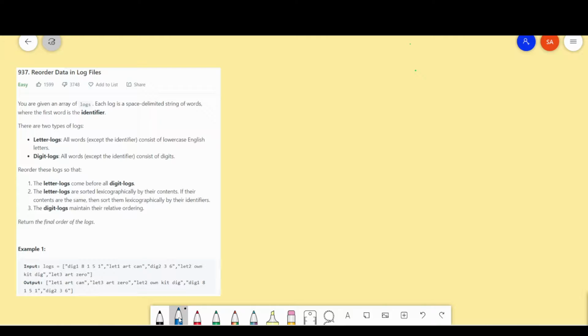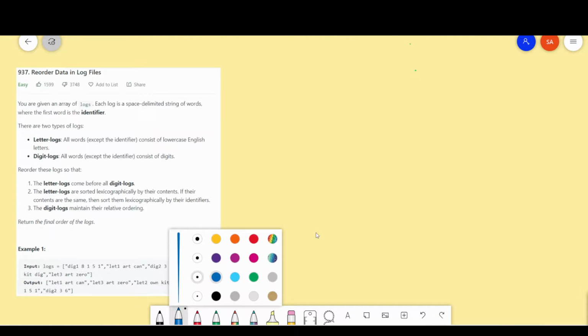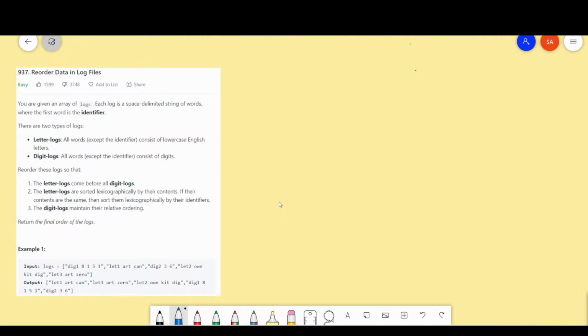In this question, we are going to see a problem of LeetCode. It is being asked in Amazon. The question is reorder data in log file. We are given a vector of strings, and we have to place them such that